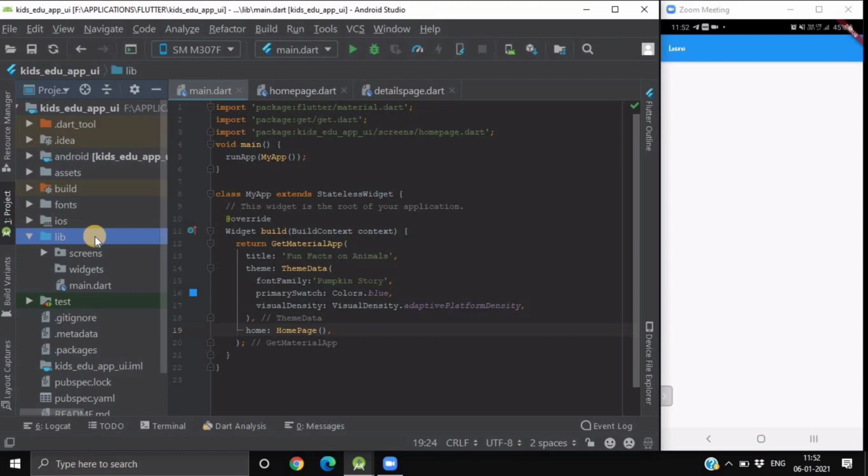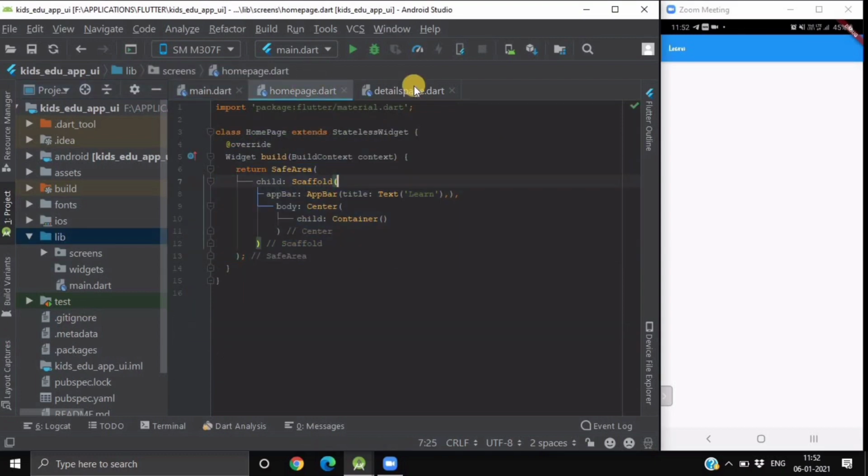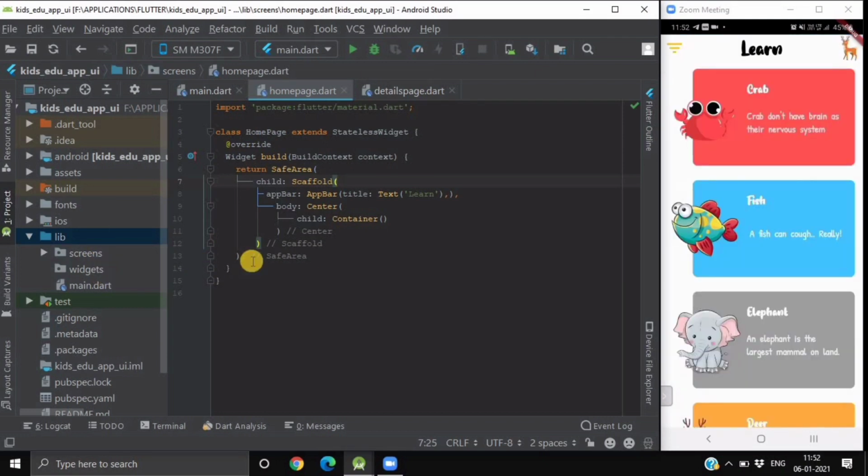Now over here first we will be creating two folders. First folder is for screens. We will have two screens, a home page screen and a detail page screen. And the second folder will contain our custom widgets. Here we have seen that these cards are custom widgets.